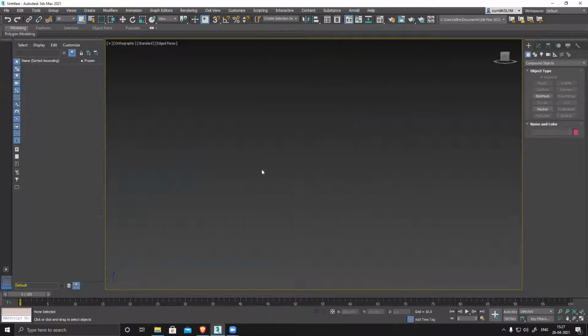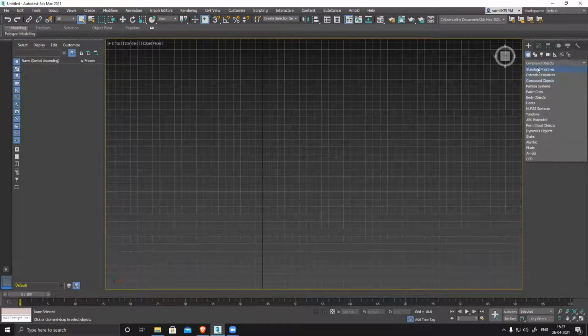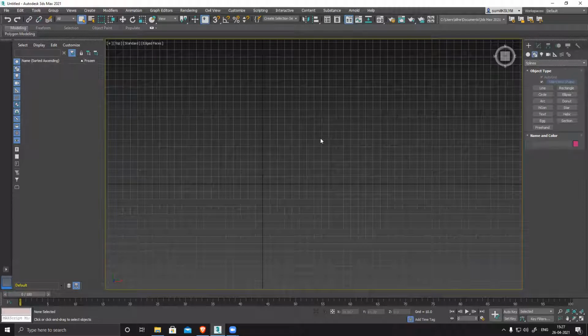Suppose I have a screwdriver. I'll go to top view, grid, and then I'll create all those shapes. To use loft, previously we used lathe. Lathe is like a 360-degree revolve. Loft basically generates a shape based on splines. You have an already preset shape, and based on that it will create the geometry.